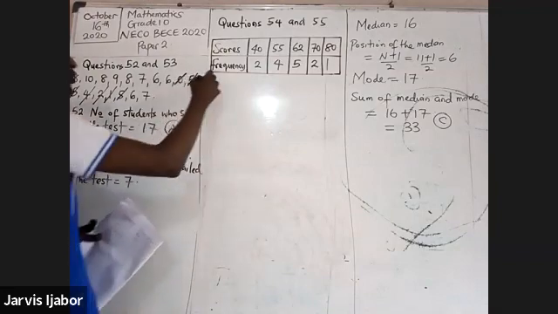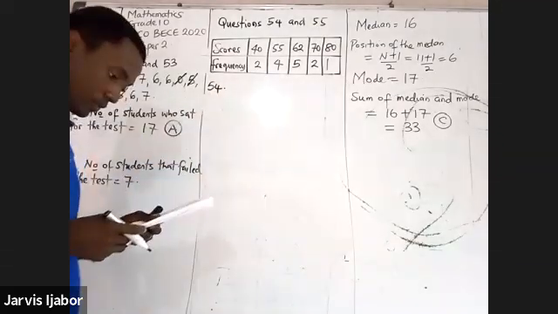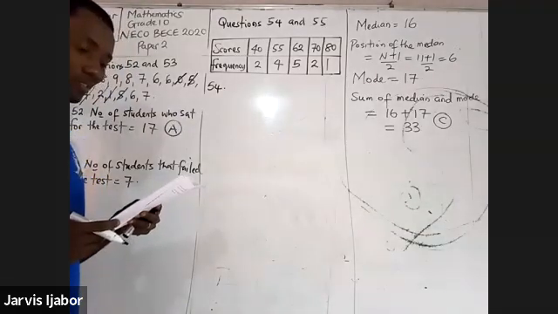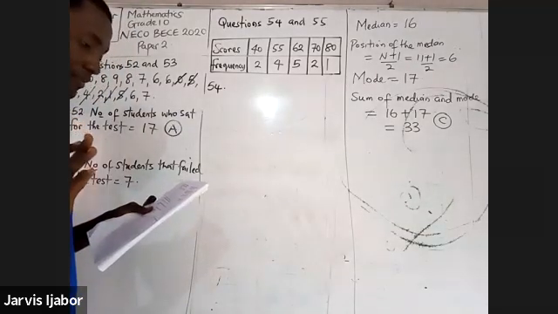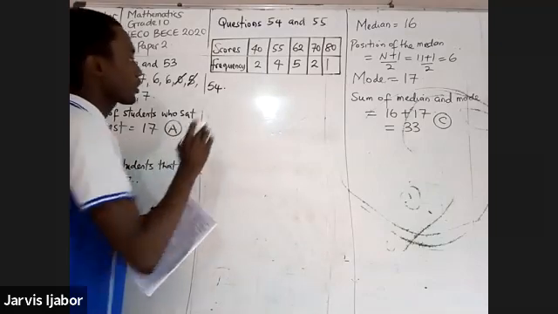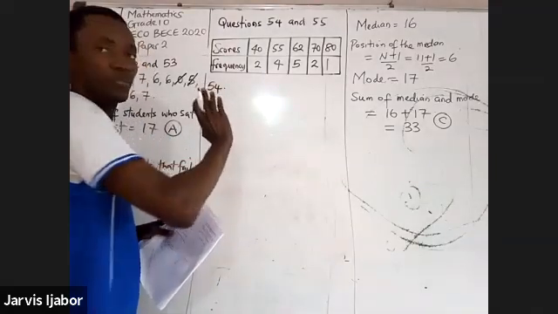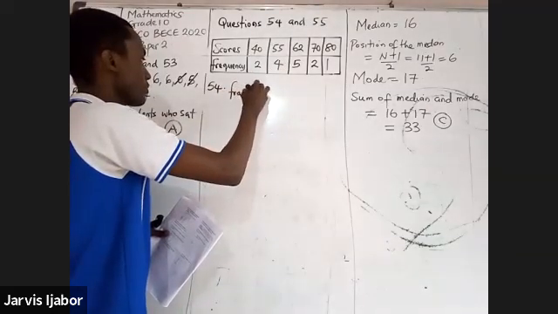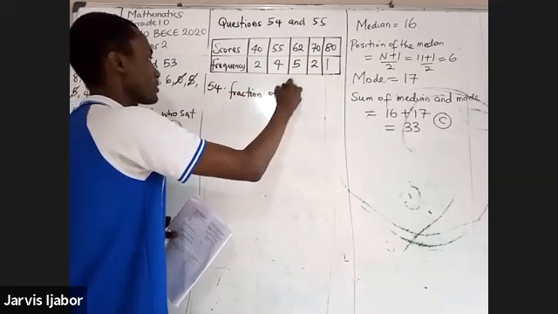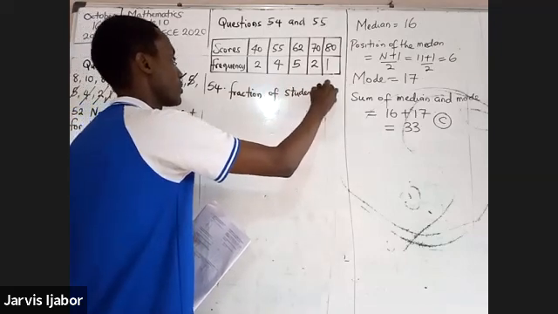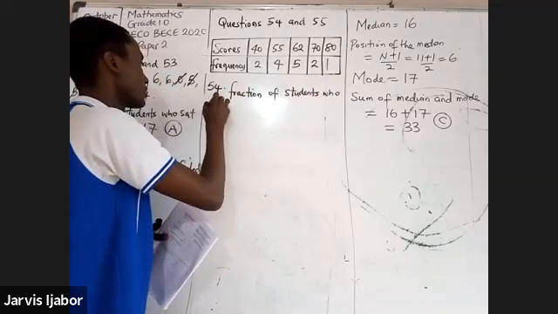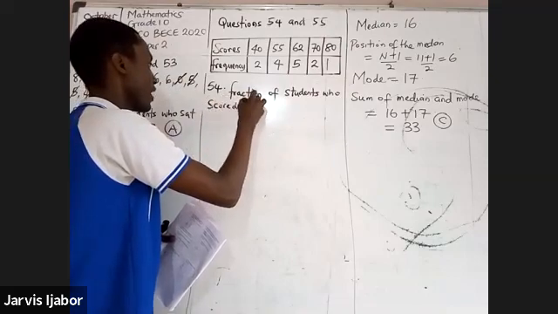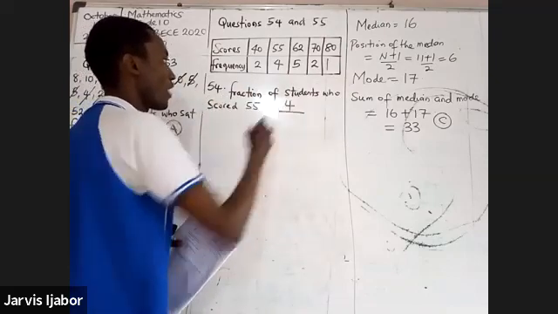And let's look at question 54. What fraction of the students scored 55? Now, to get this, you must know how many students scored 55. That's 4. Fraction of students who scored 55 will be 4 over